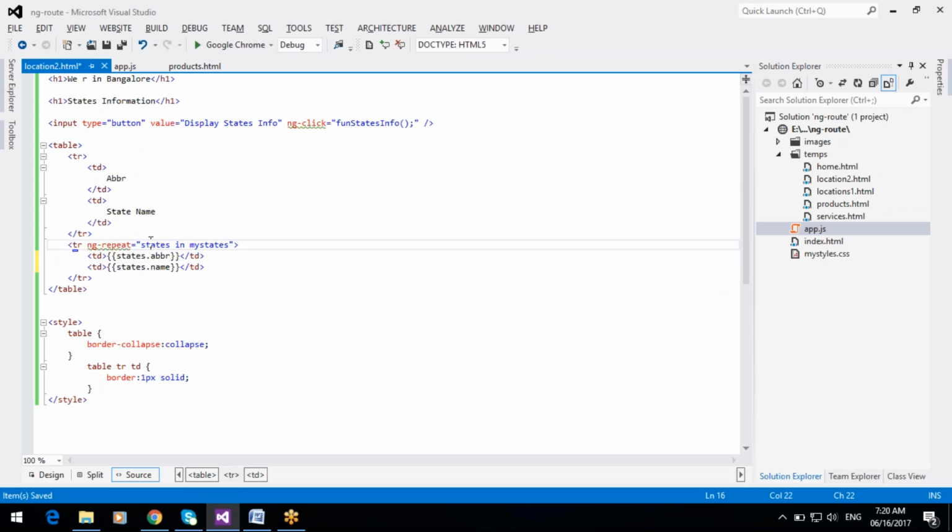Okay, so now when you click on this button, the result will display in table format.